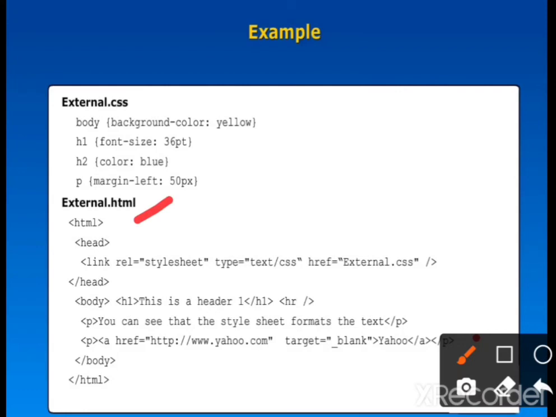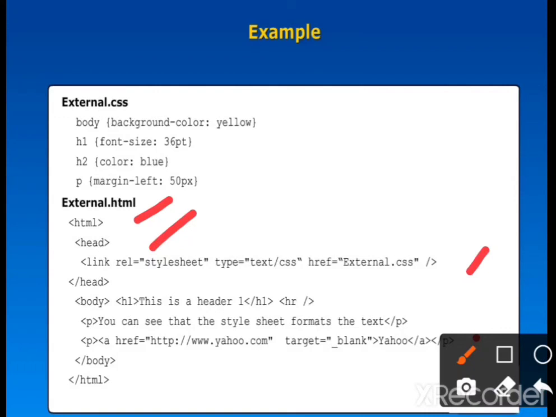See here, HTML document, HTML tag is opened, head tag is opened. After that, using the link tag, we are linking the external CSS file with our HTML document. Here is the syntax to include the external CSS file: link rel means relation, rel equals stylesheet, type equals text/css, href means hyperlink reference is external.css.